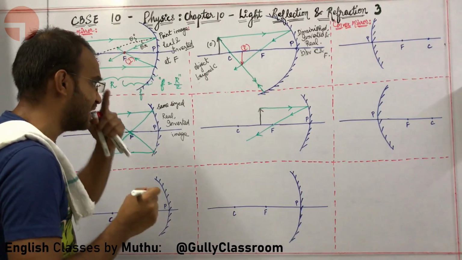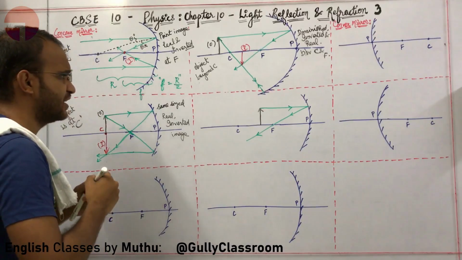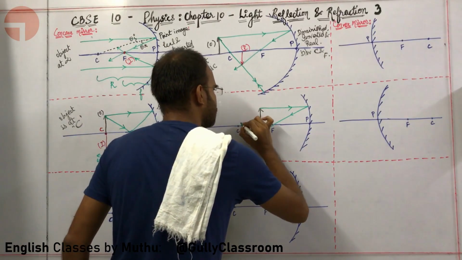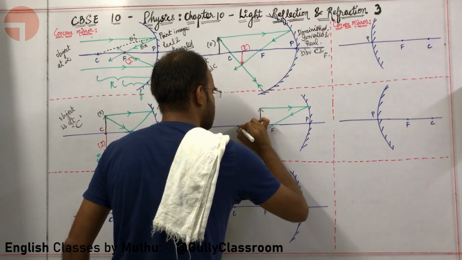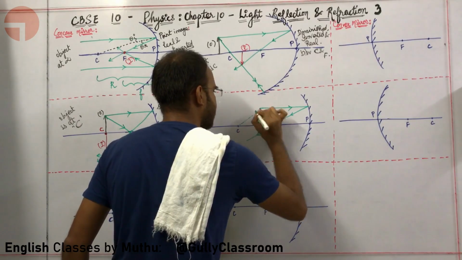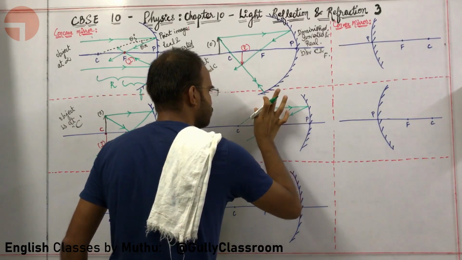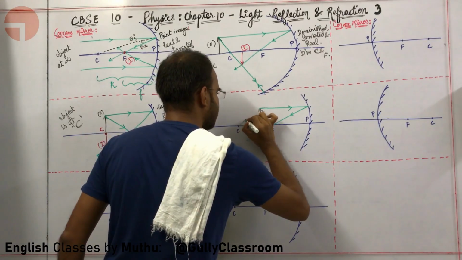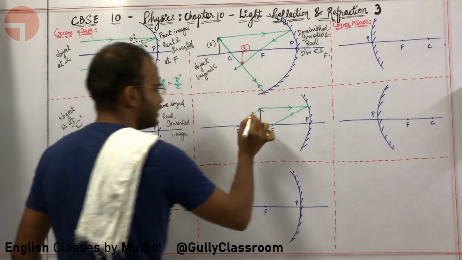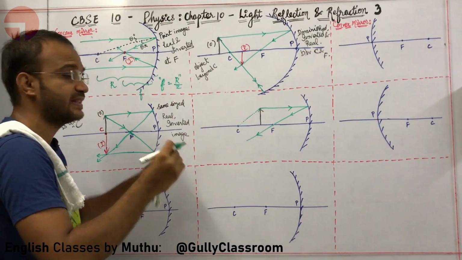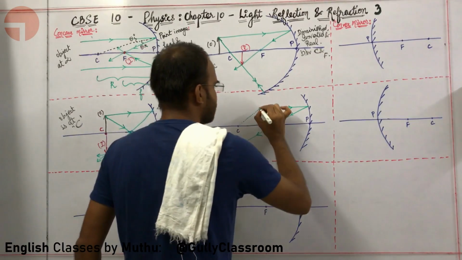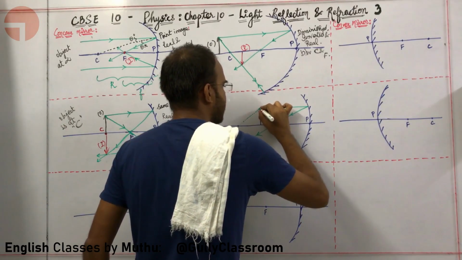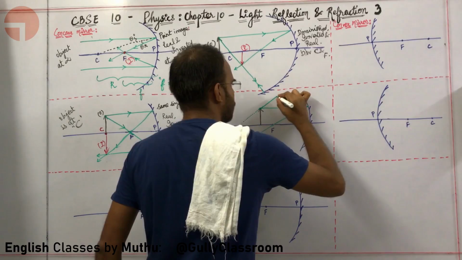What about the next light ray? I am going to put a light ray which is going to pass through C. Why, sir? Because light rays through C are very easy. Light rays through C are light rays through the normal, which will take the same path as that of the original ray. So from C, from this particular point, I am starting a light ray that is going like this.